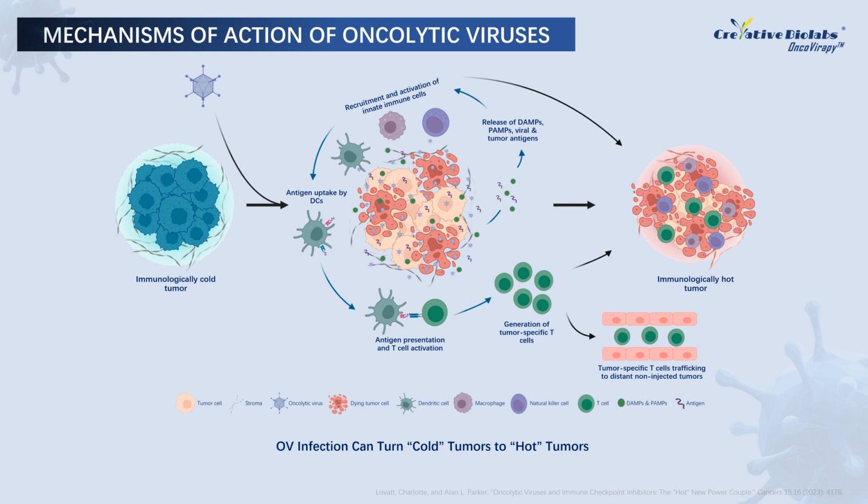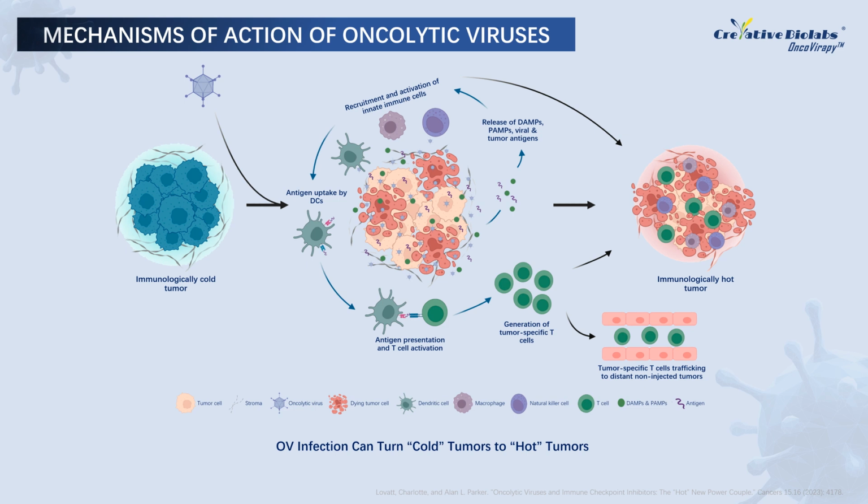Oncolytic viruses can convert cold tumors into hot ones through a process that involves selective infection and replication within tumor cells, leading to immunogenic cell death. This results in the release of tumor antigens, danger-associated molecular patterns, and pathogen-associated molecular patterns, which activate the innate immune system. The released signals stimulate dendritic cells, macrophages, and natural killer cells to secrete pro-inflammatory cytokines, enhancing T-cell priming and